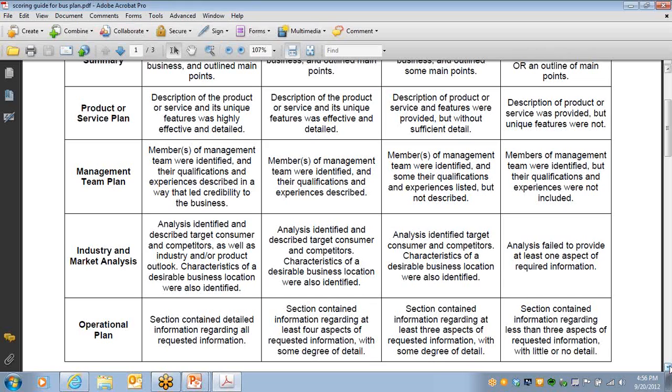We did see some evidence last year of some cutting and pasting, and it was definitely work that some students had borrowed from, and it could have even been their own work for all I knew. But when you have sentences in there that are totally out of the blue and don't connect to anything else they've written, then it kind of tells you, well, where did all of this come from to begin with? So we don't want to put so much pressure on them that they feel they have to go out and find some Harvard business plan. We want them to learn the process. That's what the whole competition is all about, and to walk through it on their own, but in a realistic setting.